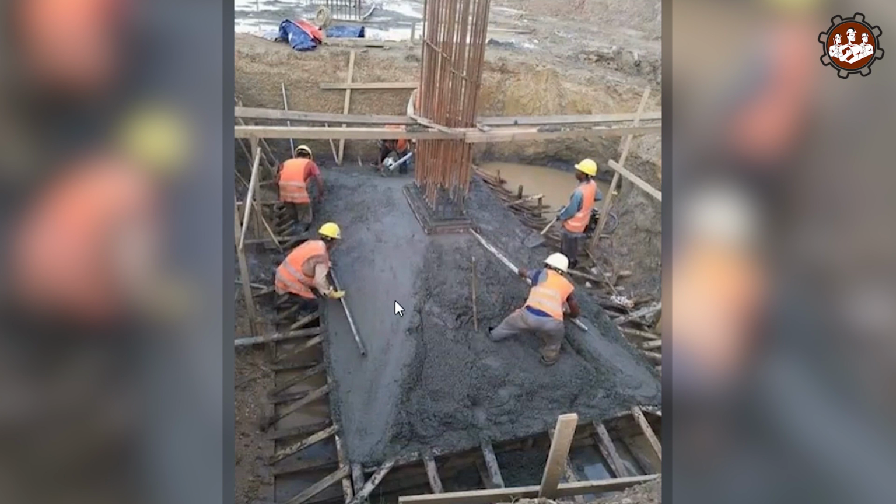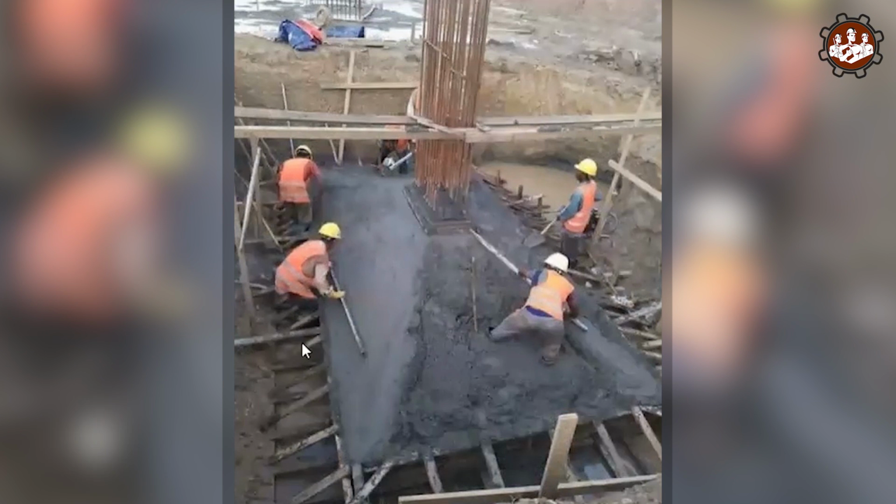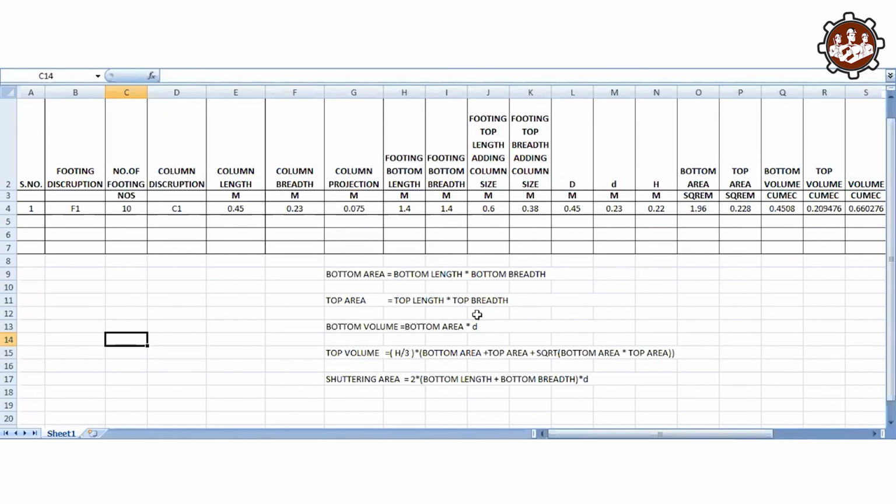If we apply the shuttering in a tapered section, then how to pour the concrete, so that is the main issue. Okay, so we apply the shuttering only in the bottom part, but the tapered section is cast manually. Okay, this is the Excel sheet for the estimation of isolated footing. In this Excel sheet we calculate the quantity of concrete, the quantity of shuttering area, and we also calculate the